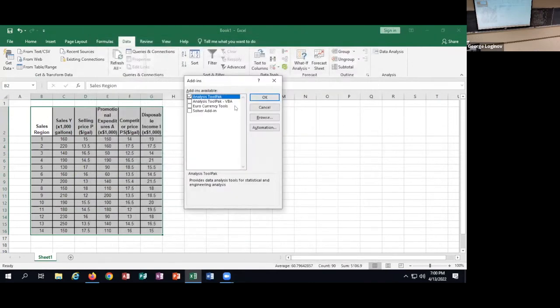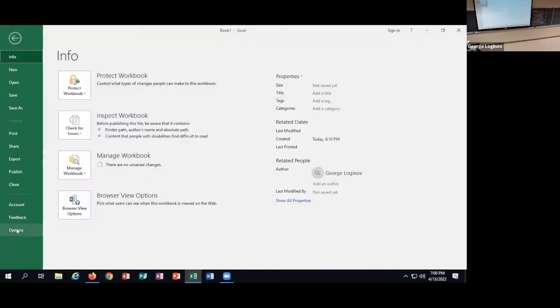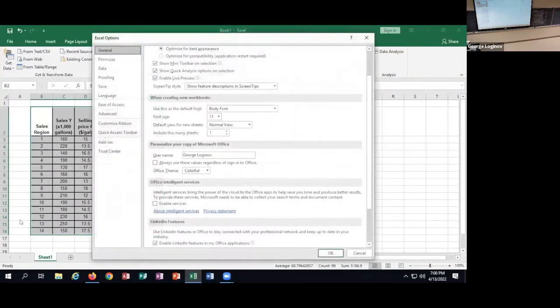I'm sorry, could you do it one more time? Sure. File, options, and then toward the bottom on the left, there is the add-ins tab. On the very bottom, there's the go button. And then you